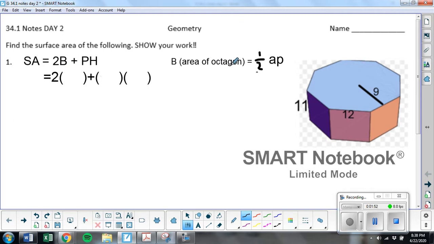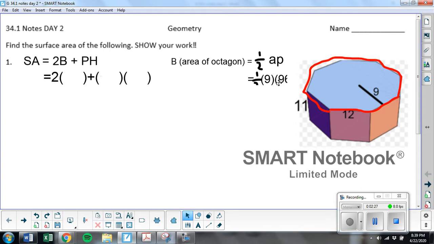So the area of an octagon is 1/2 AP. And for these, you can assume that it's a regular octagon. In other words, all the sides and angles are the same. Okay, so 1/2, the apothem is 9. The perimeter is going to be, well, you're going to have to get a calculator. The perimeter of this is 12 plus 12 plus 12, 8 times, so 12 times 8 is going to be your perimeter, which is